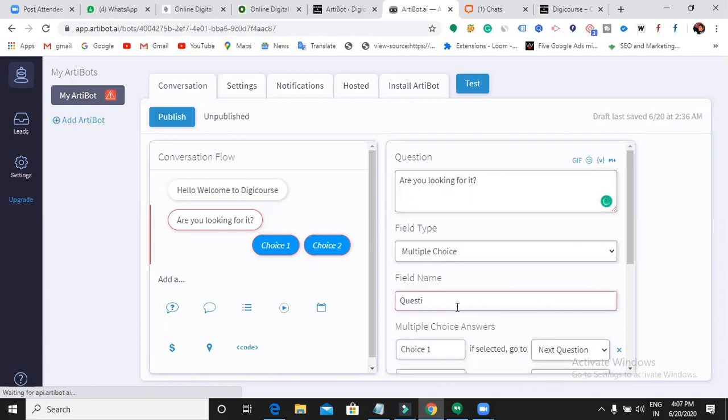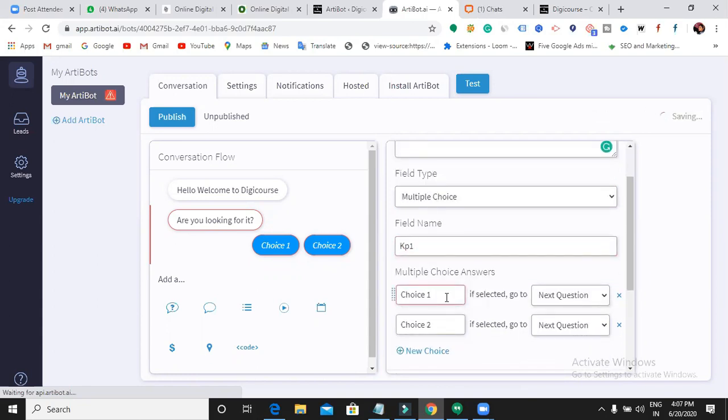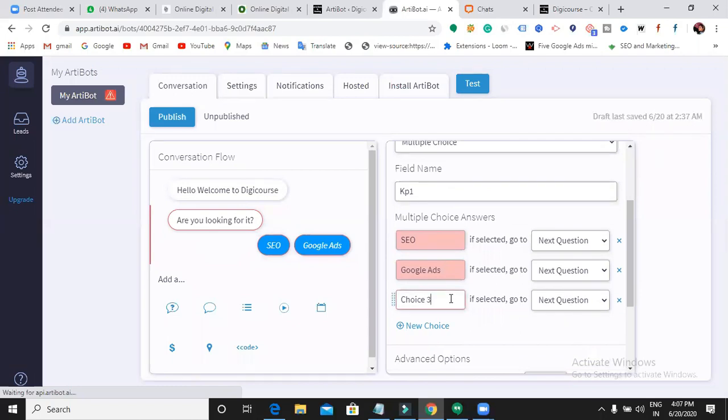Question name, field name, you can give anything. So now you need to give the multiple choices.